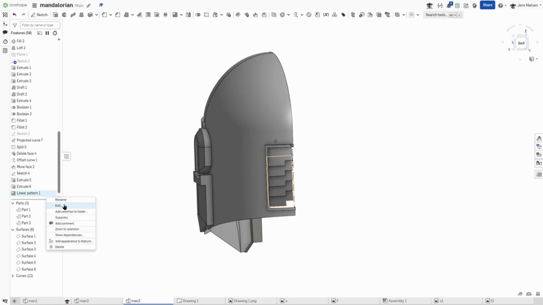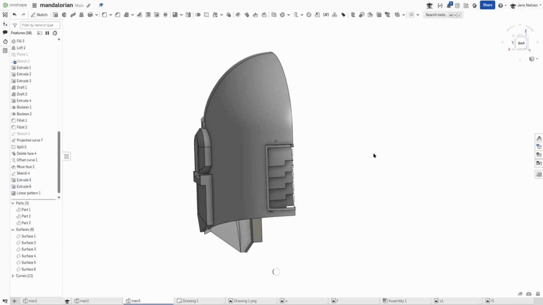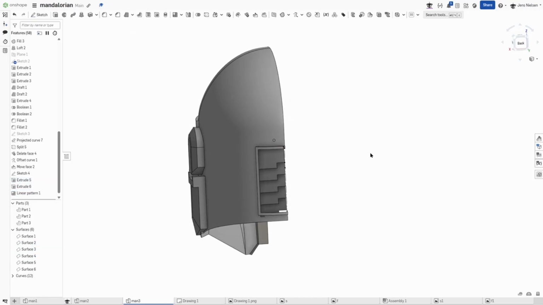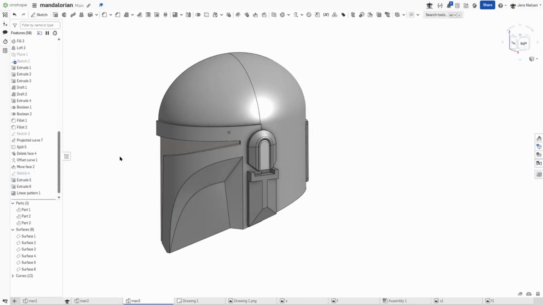Maybe a little more. 18. All right, we got that. I'll hide the sketch and we can continue working